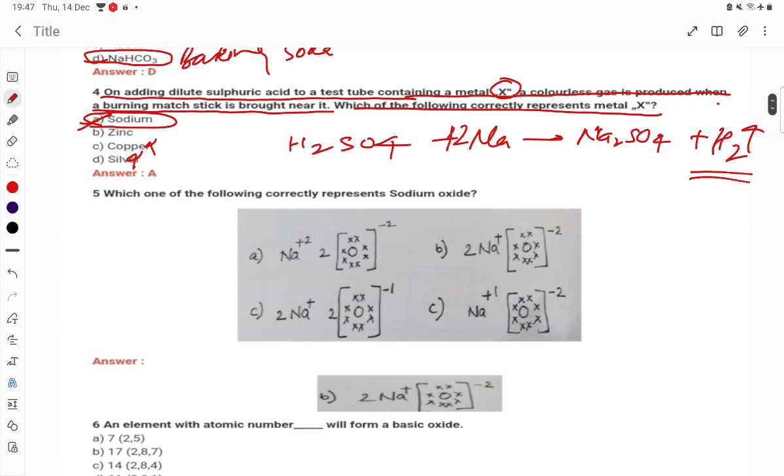Which of the following correctly represents sodium oxide, student? Which one? So for sodium oxide, the formula is Na2O. Na2O. So wherever you see, student, the correct representation which can be, student